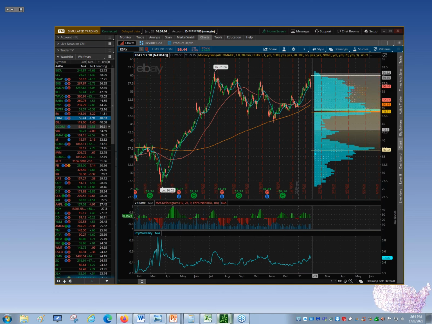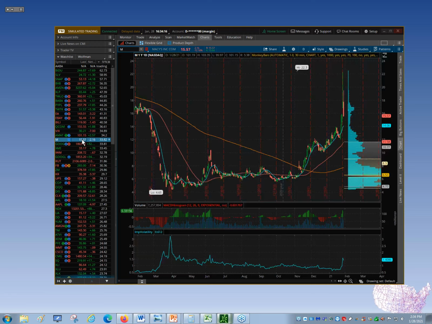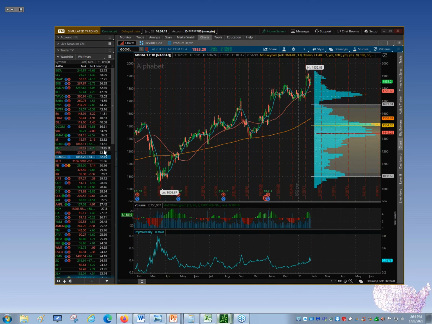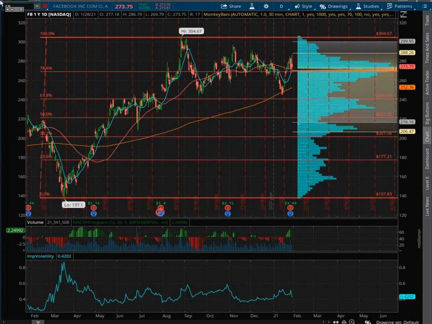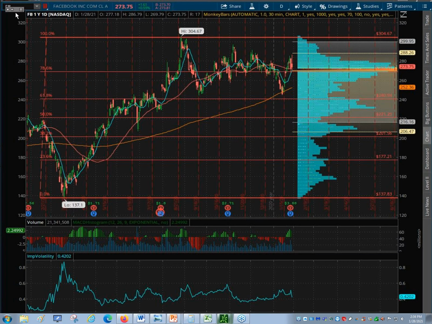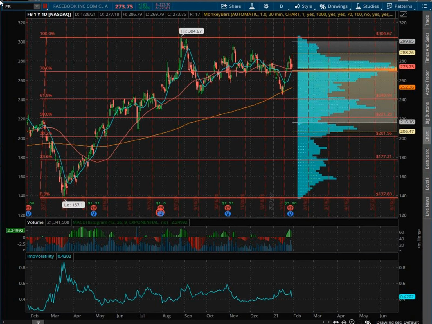Like that, I would say is a confirmed top in eBay. I would be trying to play that to the downside. I'm not coming into this saying I want to do a long put calendar on it and I got to find the right one that'll fit for it. No, I'm coming up with an assumption, and how I do that is I click through the charts and try and find some, read the tea leaves, right? Well, in this case, let's just say I was flipping through and Facebook just had their earnings today. Let me move this out of the way so you guys can actually see Facebook. Things don't want to work for me easy today.